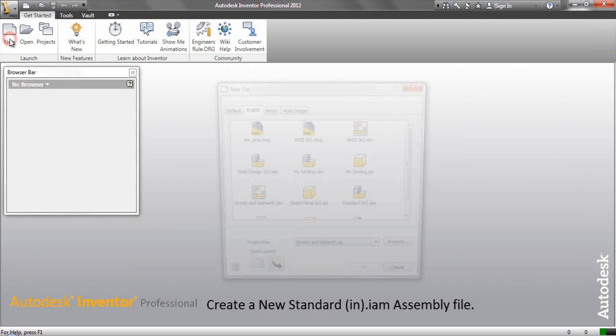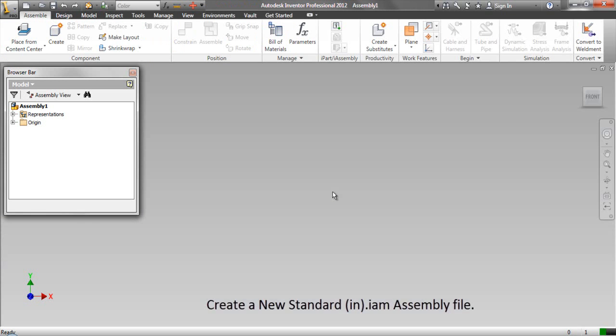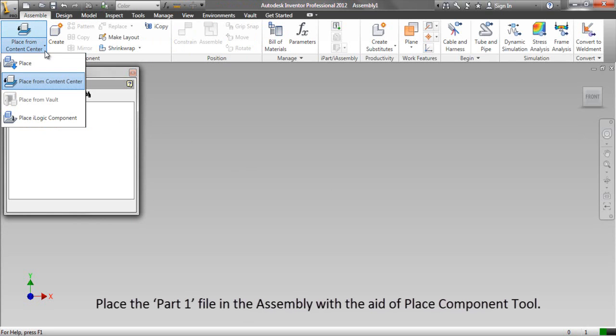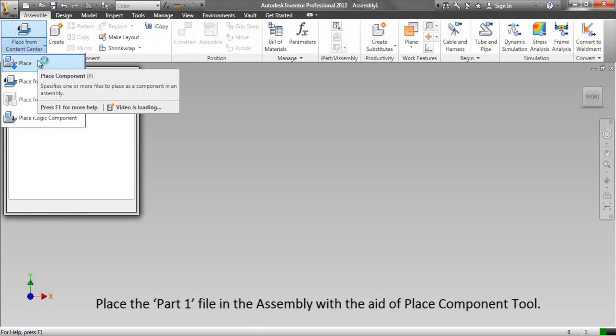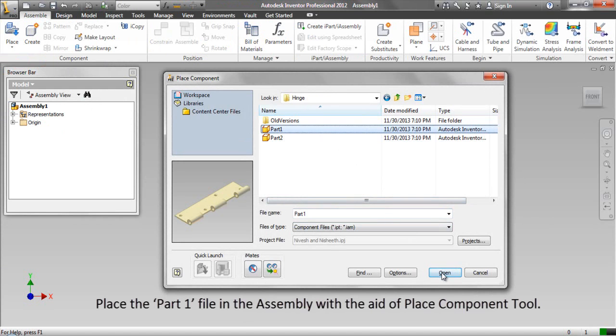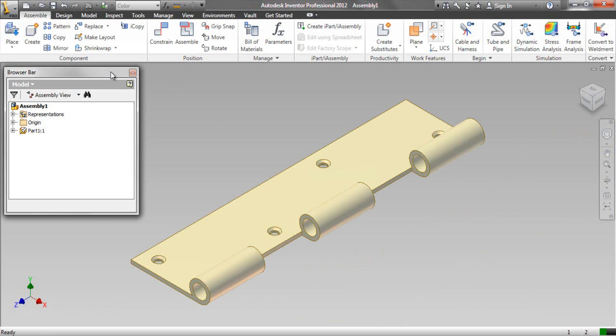Create a new standard inch assembly file. Place the part 1 file in the assembly with the aid of the Place Component tool. Save the assembly with the name hinge.